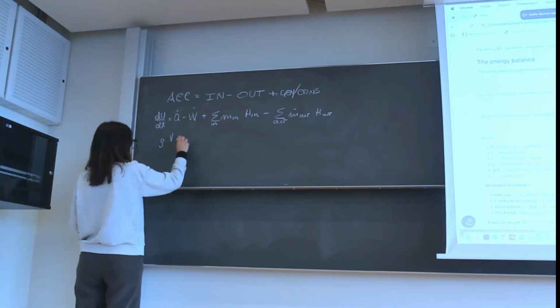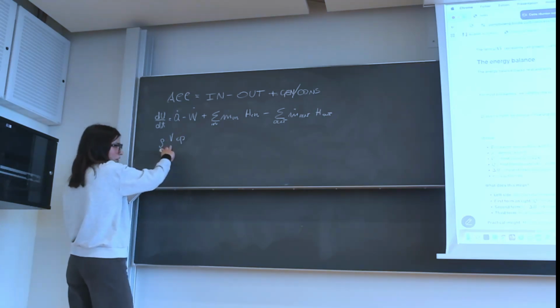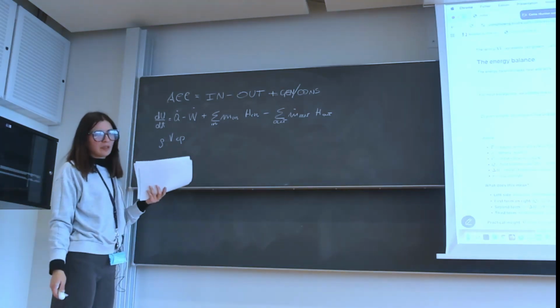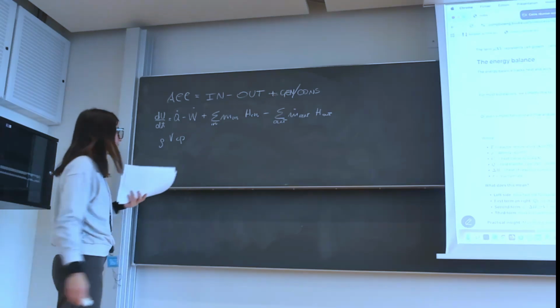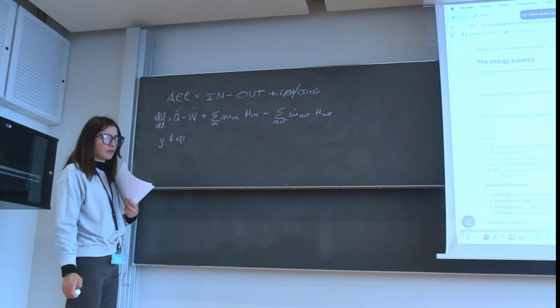So we have the density of the system times the volume of the bioreactor times the heat capacity, that is a property that describes how well a material can store heat,